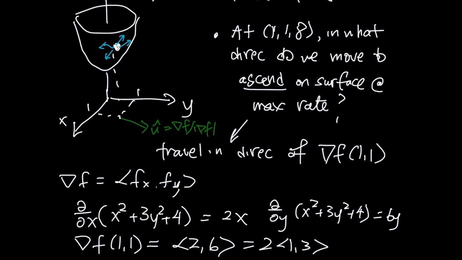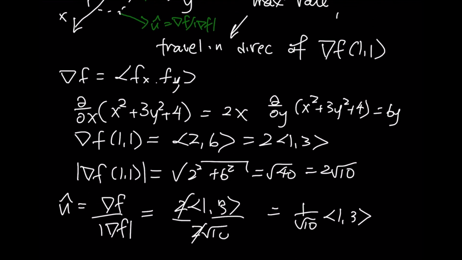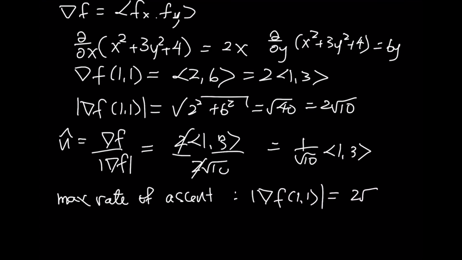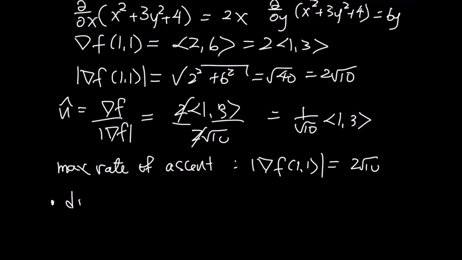And if I were to go in that direction right there, I would be moving up the curve with the maximum rate. This is where the function increases the fastest. And so the maximum rate of ascent is simply just the magnitude of the gradient at that point, which is 2 root 10. Now, at the same time, the direction for the maximum rate of descent, which means going down the function,